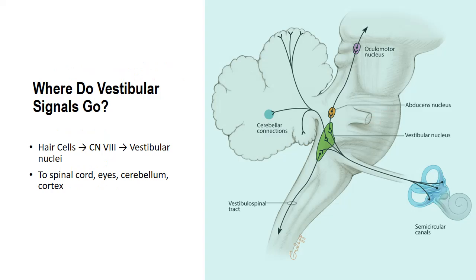Central pathways from ear to brain. Signals from hair cells travel along the 8th cranial nerve to the vestibular nuclear complex in the brainstem. From here, information diverges along 4 critical pathways: to the spinal cord through the vestibulospinal tract, which adjusts extensor muscle tone to keep you upright; to the cerebellum, which fine-tunes balance and coordinates movements; to the thalamus and cortex for conscious perception of dizziness or motion;